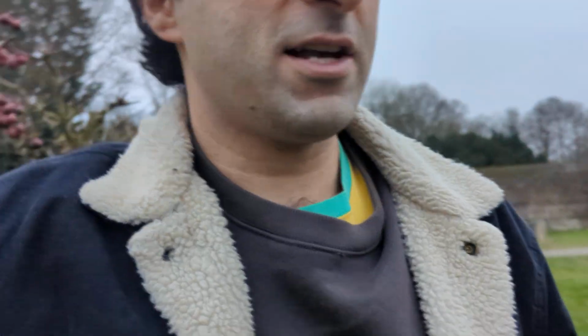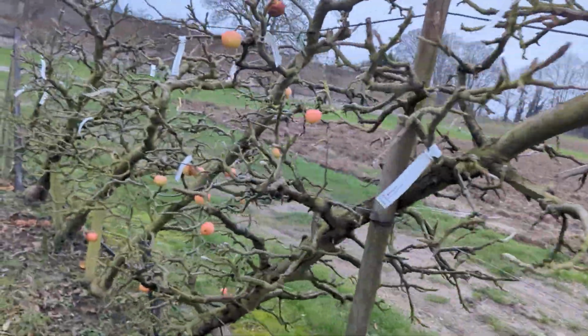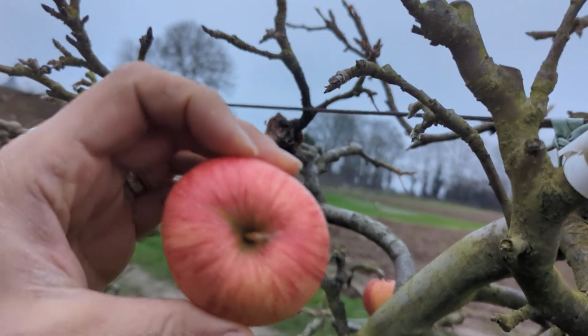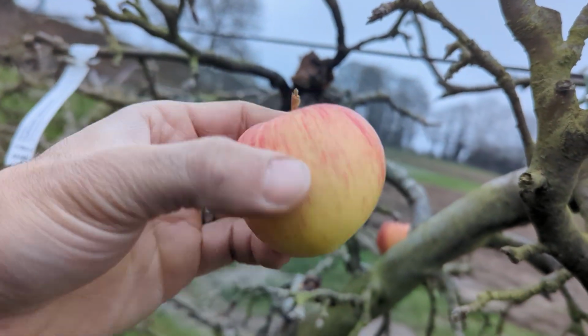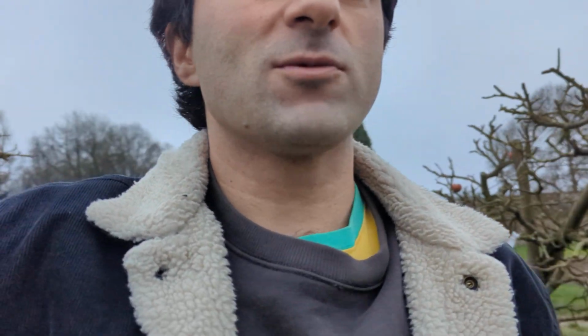We won't try every single apple. There's a few apples here, like Fiesta is still on the tree. Cybele is on the tree. I don't think these are going to be particularly nice off the tree. Whilst the apple's still on the tree, generally speaking, if you can mush the apple up like that, it's obviously past its best. It's just still hanging on. At that stage, apples will ripen to a point where they lose all their acidity. Effectively, it's just slightly flavored water,